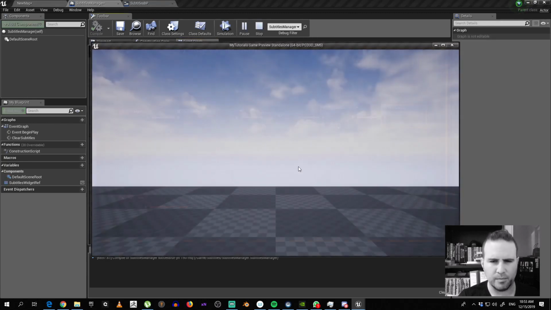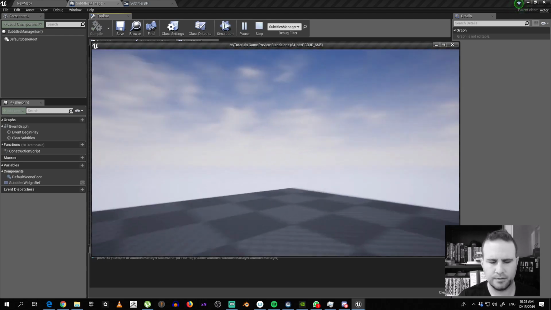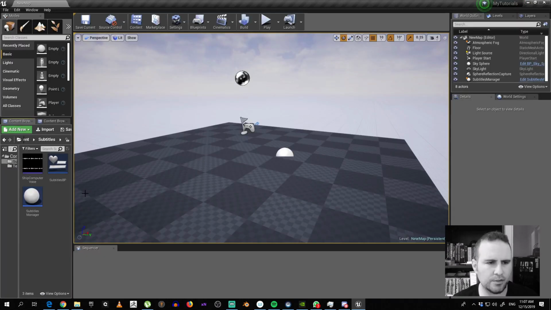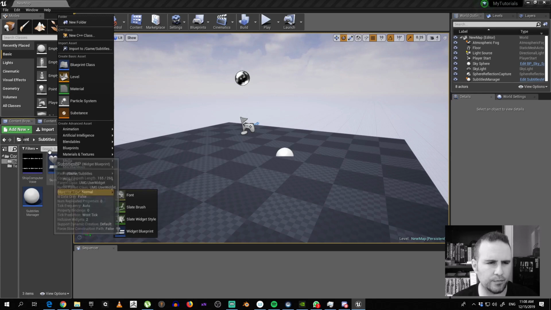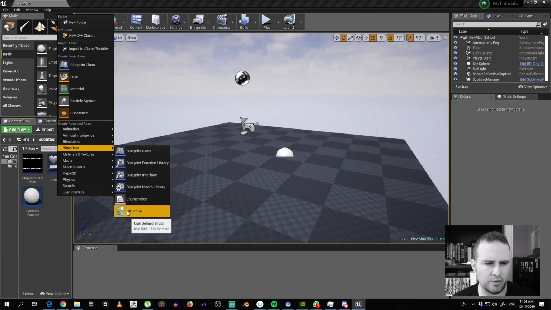Right? Now if I press play, it's gone. Nice. So now I'm gonna create a list of subtitles that I want the subtitle manager here to display one line after the other. So I'm going to create a new blueprint, and I'm going to create a struct, okay,